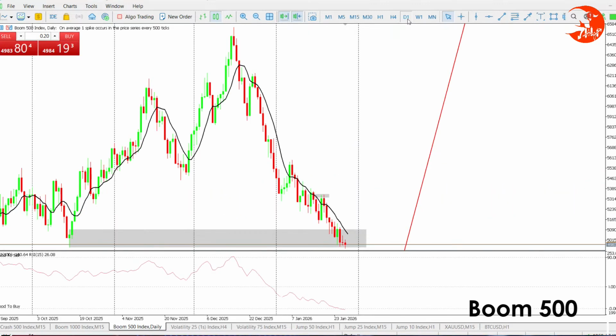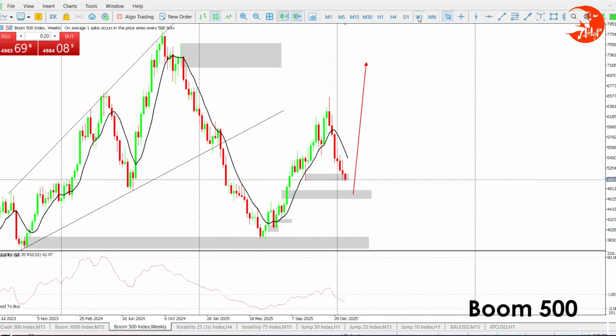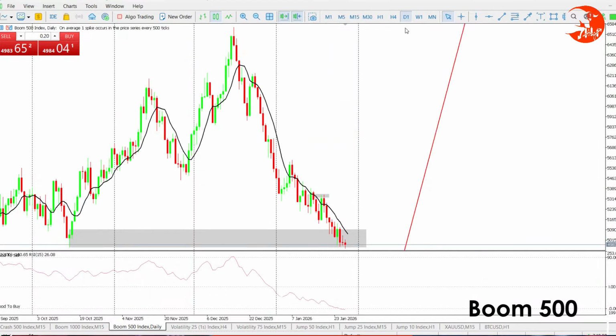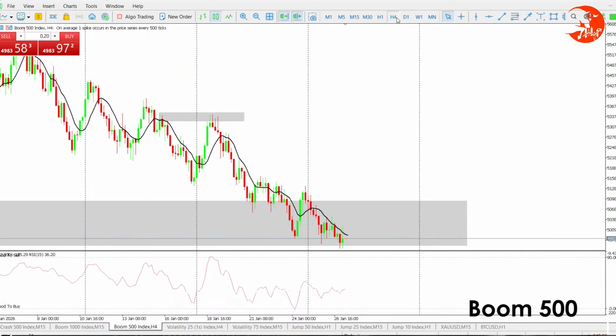Okay, still failing to break that support according to daily time frame. According to weekly, we are still strongly selling, looking at price being below our 10 MA. According to daily, momentum has reduced, which can be a good signal to understand that anytime we will be getting a reversal. Looking at H4 on the other hand, we clearly see this